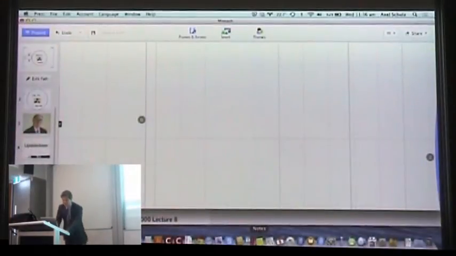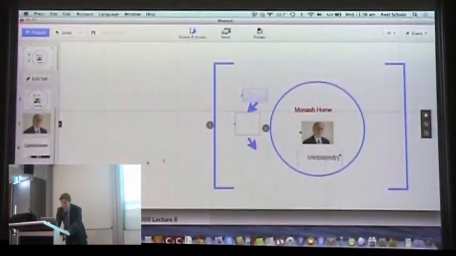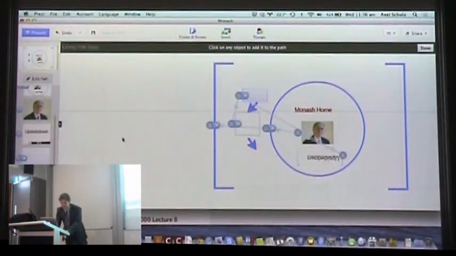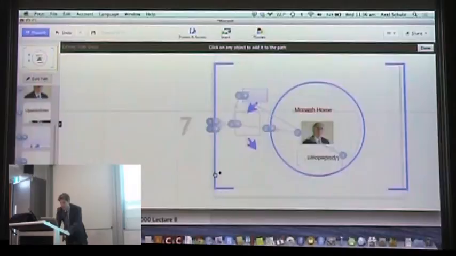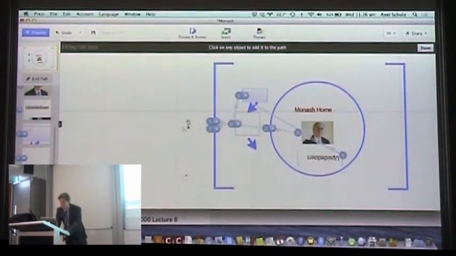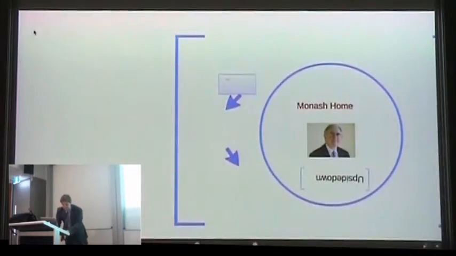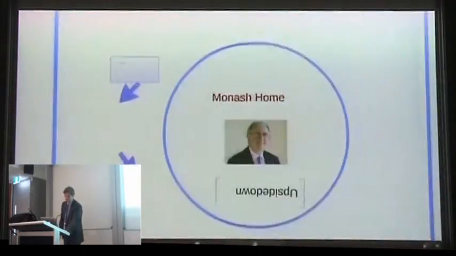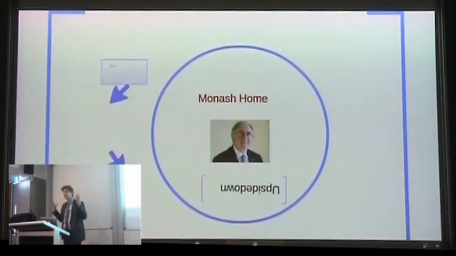And then we go into this, and then at the moment it stops. So I could say, okay, maybe as a final path, I might just pull the reader back out and say, okay, the final one is going to be back to the beginning. So now, if I present, it's going to come back out. Okay? So again, a very powerful way to say, well, where's the end point, where's the beginning point,